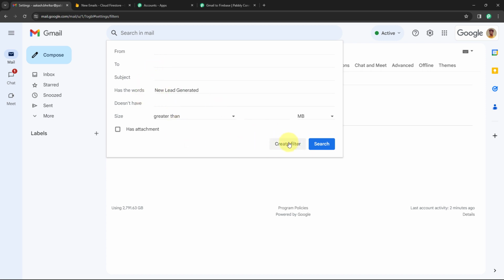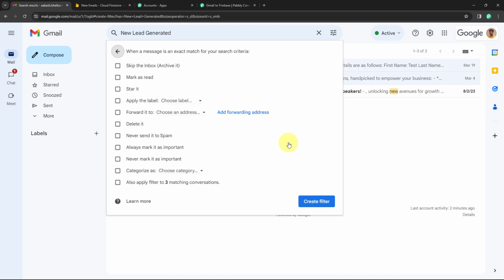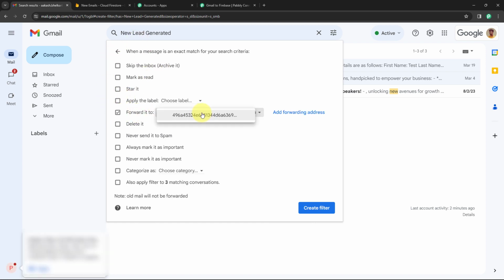After entering the condition, click on this create filter button. Now it is asking us what is the exact thing we want to do. So we want to forward the emails. From this option, select forward it to, and under choose address, you can see the same email address which we have just added as a forwarding address inside Pabbly Connect. So select forward it to and select the same email parser email address and then